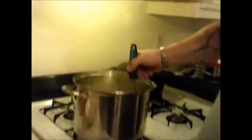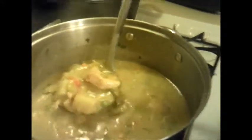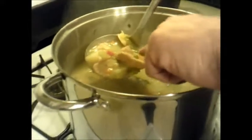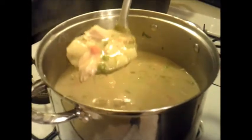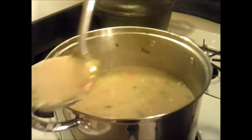Now, what we're going to do at this point is we're going to go ahead and plate, because we are done. You can see everything that's in there, the chicken, there's carrots, with carrots and peas, celery, there's the potatoes that we put in. And all of that is going to go right into the bowl here. Get a nice bowl of that. Got plenty of extra broth to put on top. And there we have it, folks. That is chicken stew